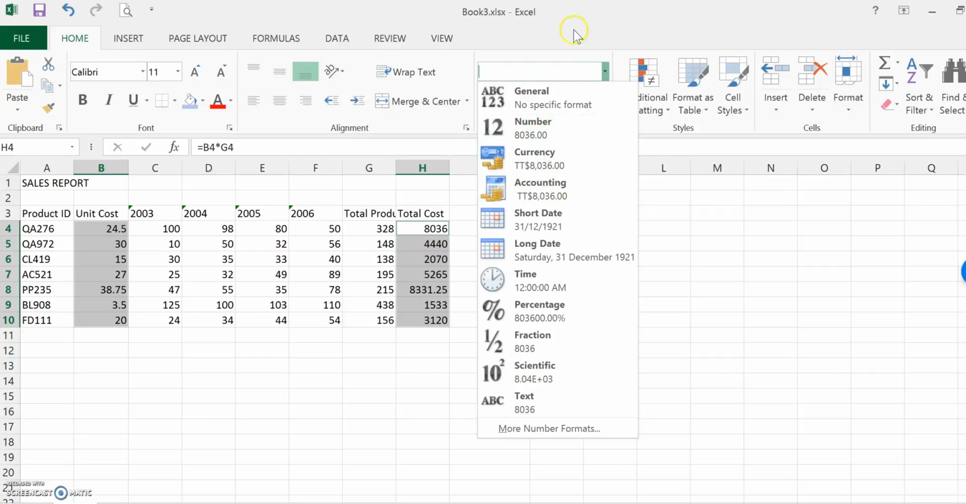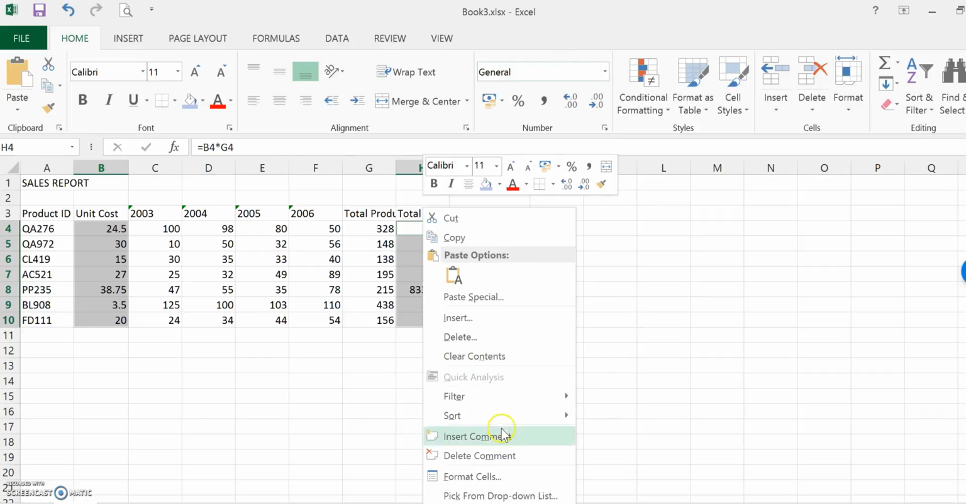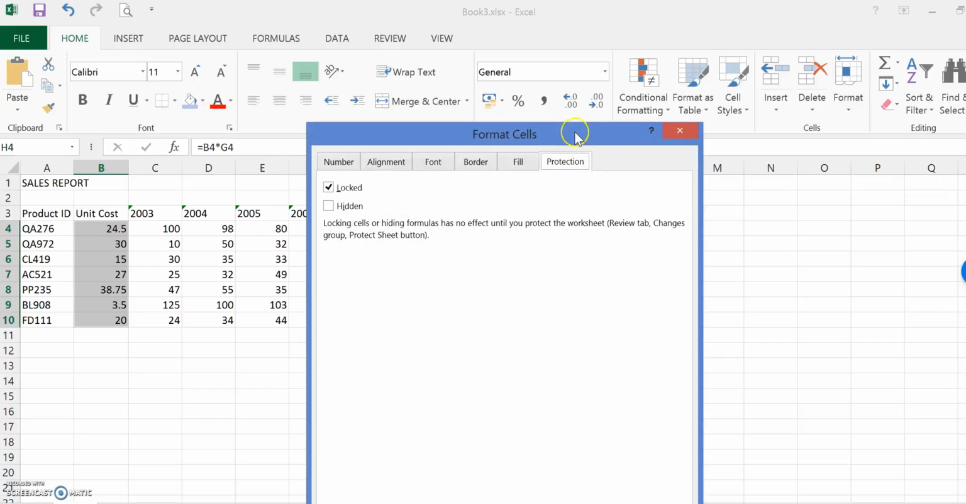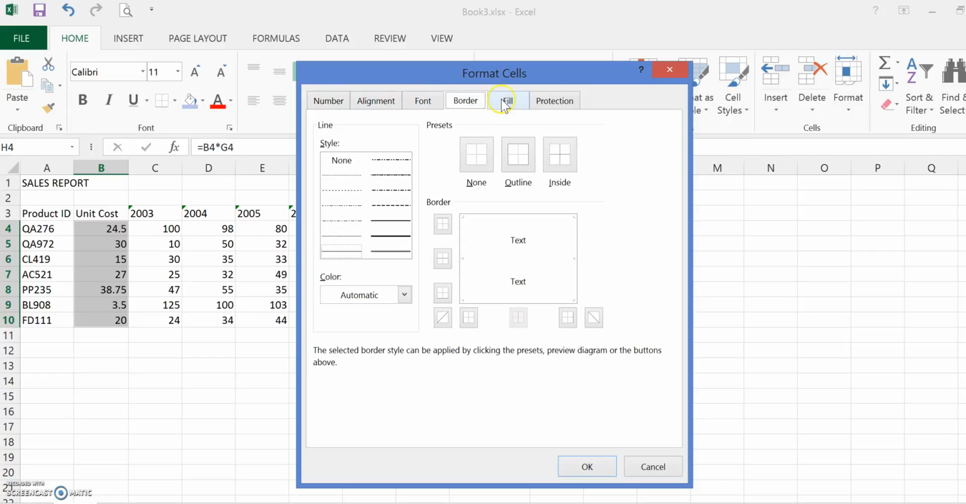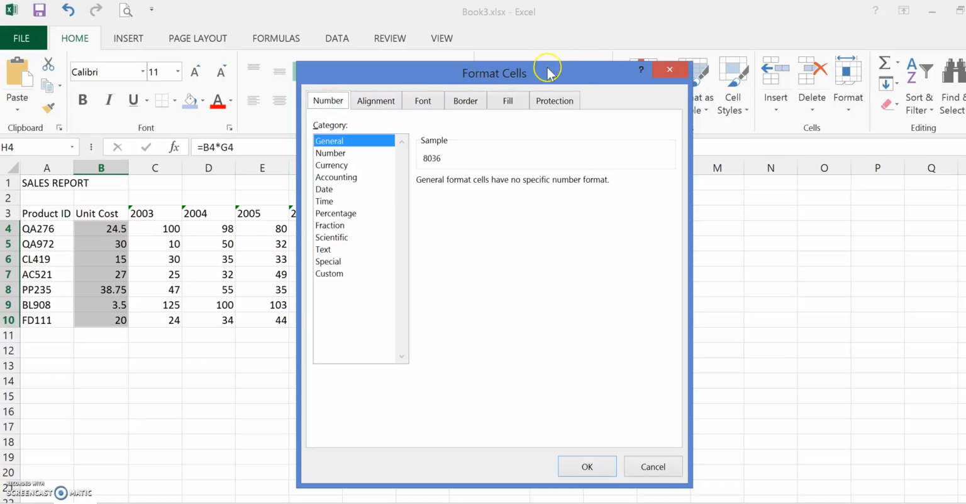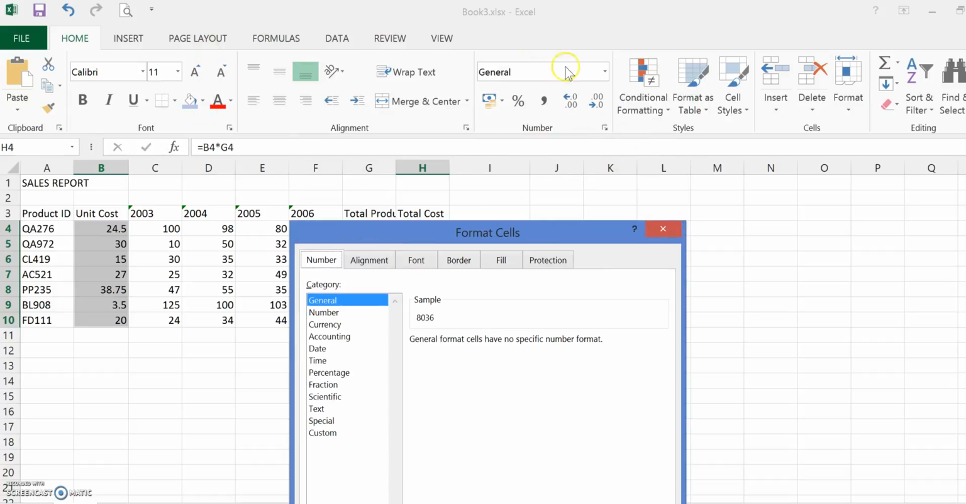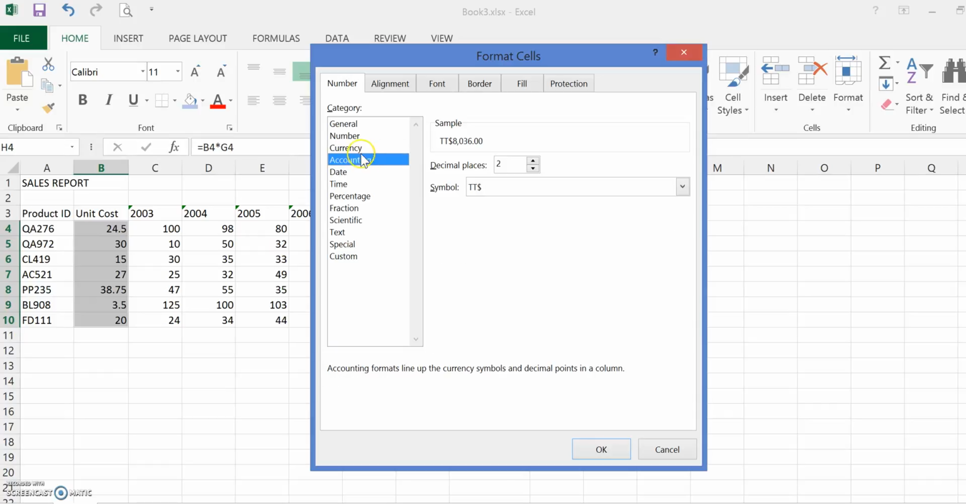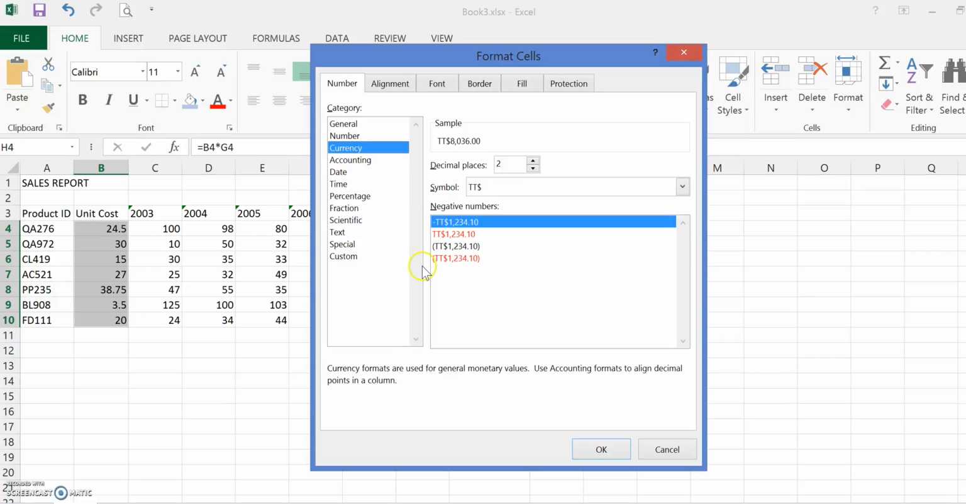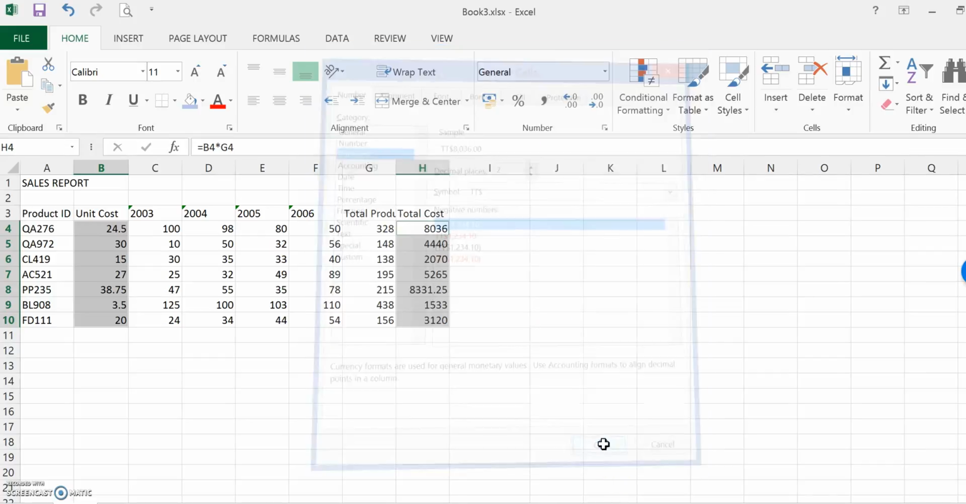There's currency and accounting, but I can also right click and use format cells. This is the format cells window, and there are a few different tabs that you will have to get familiar with. These options can also be found in this home tab in these areas here. So we would like to use the currency format, two decimal places, and we are using the TT dollar symbol. Alternatively, I can use the accounting format, and I will show you what the difference is shortly. So I'm going with currency first. I say OK,